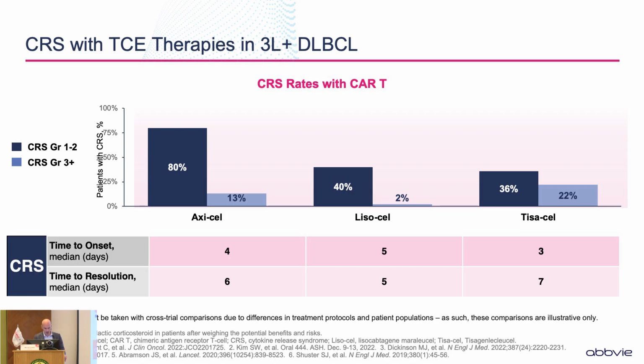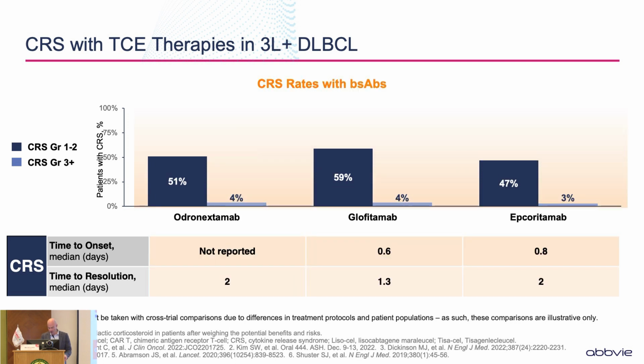So it was for this reason that everyone was slightly anxious about doing bispecific studies, because we were all concerned that we were going to see similar patterns when we opened our bispecific studies. But actually, our experience, and in fact the experience from the data reported, is that whilst you do see cytokine release syndrome with bispecific antibodies, there are 2 things that differentiate this from the CRS that you see with CAR T-cells. First of all, although you see it in about 50% of patients across all the different studies that are available,